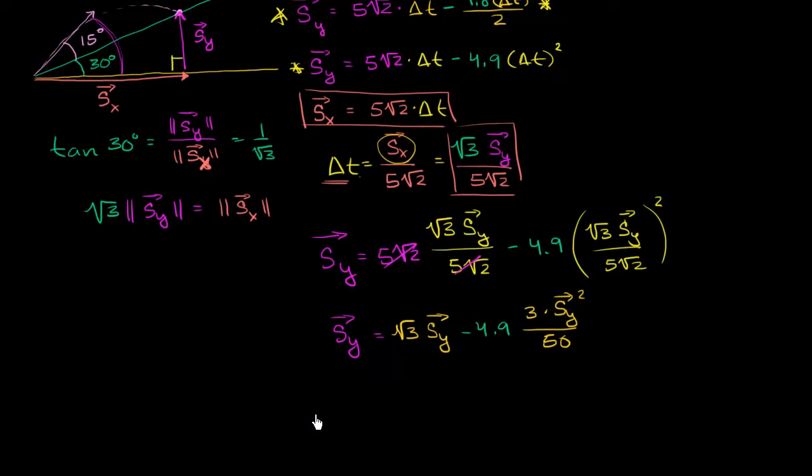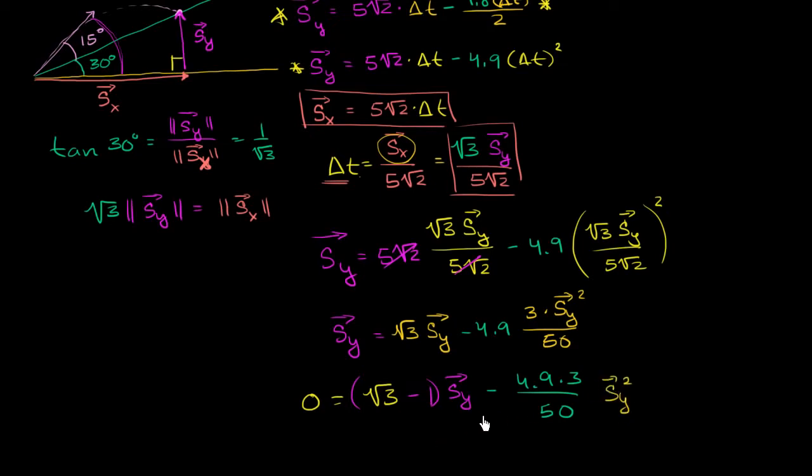And so we get, if we were to simplify this a little bit more, let's subtract this from both sides. We get 0 is equal to the square root of 3 minus 1 times our vertical component, because if we subtract this from both sides, that's square root of 3 times our vertical component minus 1 times our vertical component. So it's the square root of 3 minus 1 times our vertical component. And then we have all of this business. Minus 4.9 times 3 over 50 times our vertical component